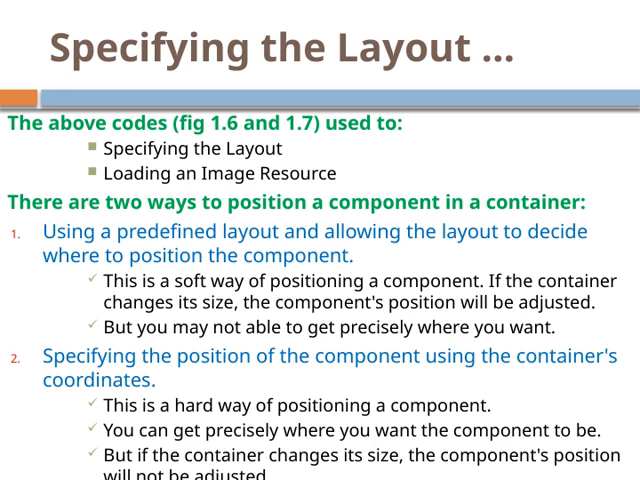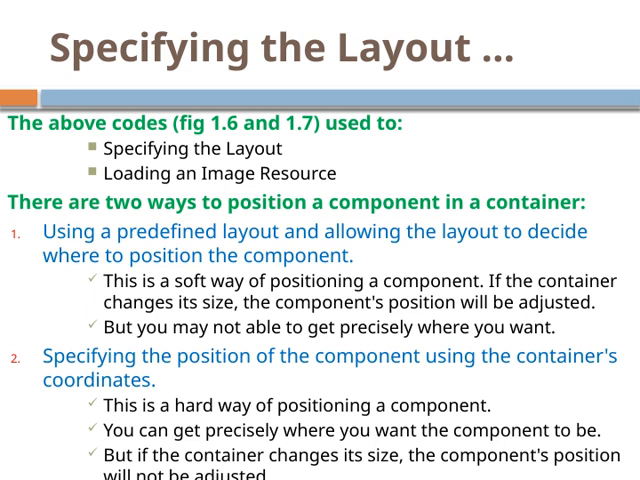But keep in mind, this method might not give you the exact placement you want because you're relying on the layout manager's rules. On the other hand, the second approach is specifying the position directly using the container's coordinates. This is a hard way of positioning because you're manually setting the exact location of the component. This gives you precise control over where the component appears. However, the downside is that if the container size changes, the component's position will stay fixed, which might lead to layout issues. So, in summary, choosing between these methods depends on how much control you need versus how flexible your